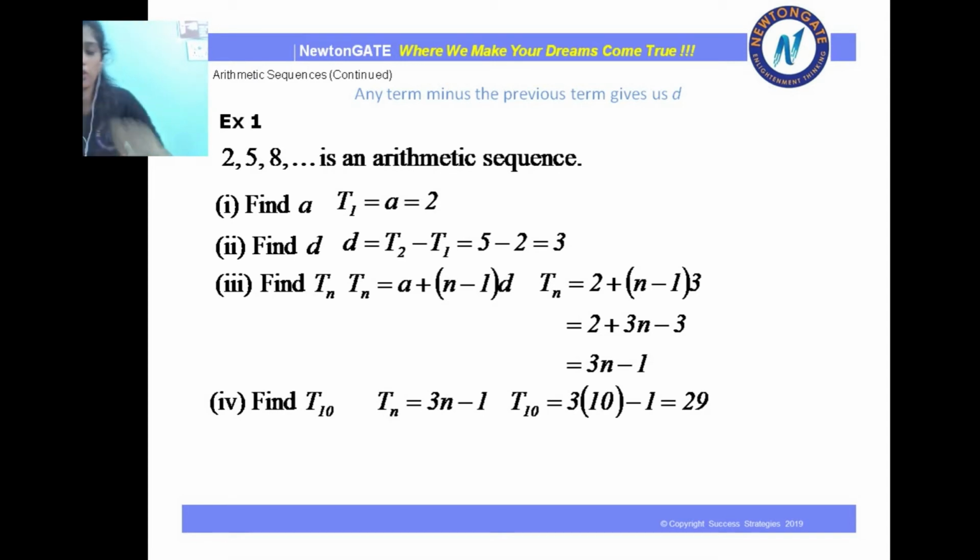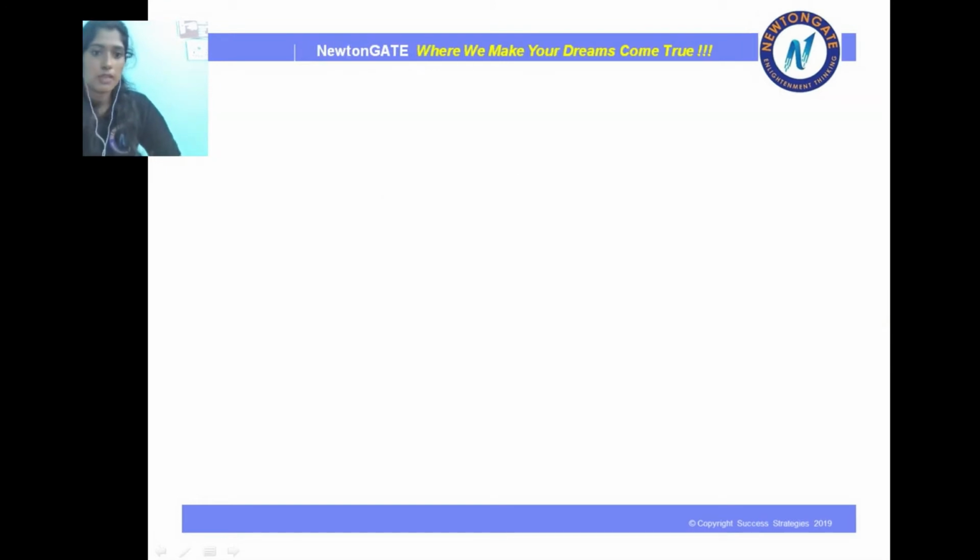Okay, hopefully you will remember this, and if you remember this simple tip, you will be able to solve most of the sums in arithmetic sequence. There is nothing in arithmetic sequence that is difficult. There are very small tips or tricks where people make mistakes. If you follow this video, you can get through it. Okay, chalo, let's begin with another concept then.